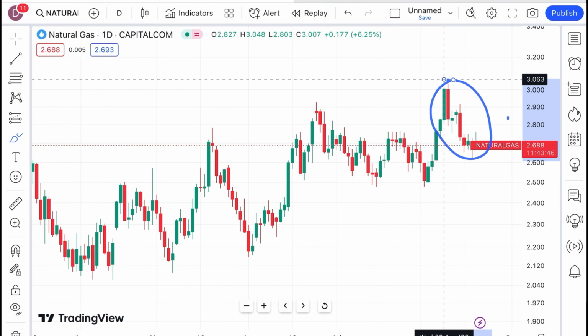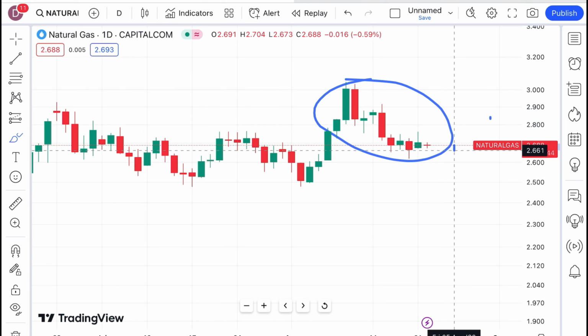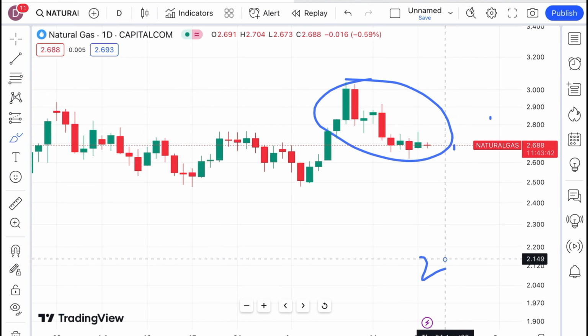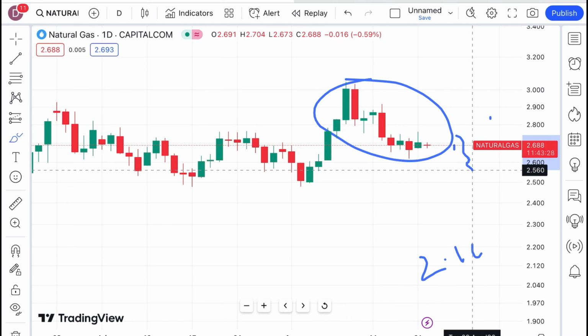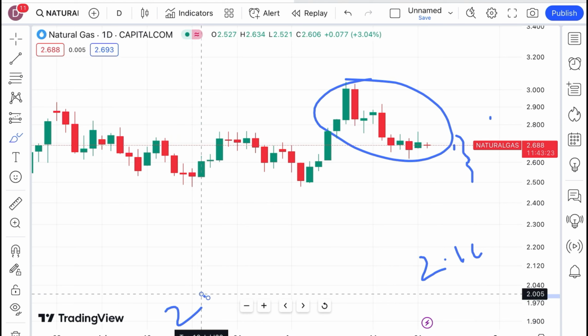So as soon as it starts falling below a level of 2.667, we can see a further fall, and yes, all these levels are tested, so chances of going towards 2.53 we can see, and to a level of 2.618. Once it starts falling below that level, towards its next strong support of 2.6, and if that level moves further low, then chances of going towards 2.5 we can see.